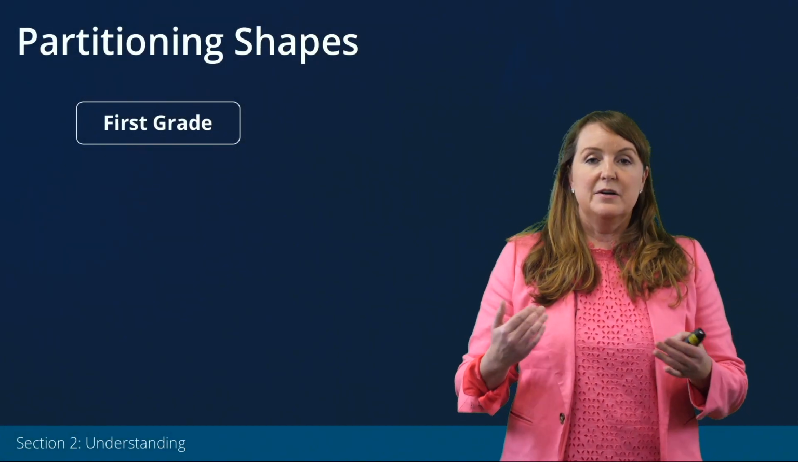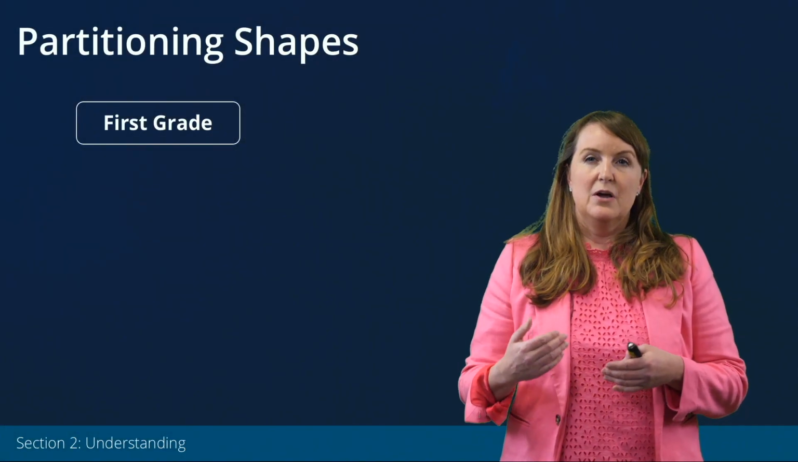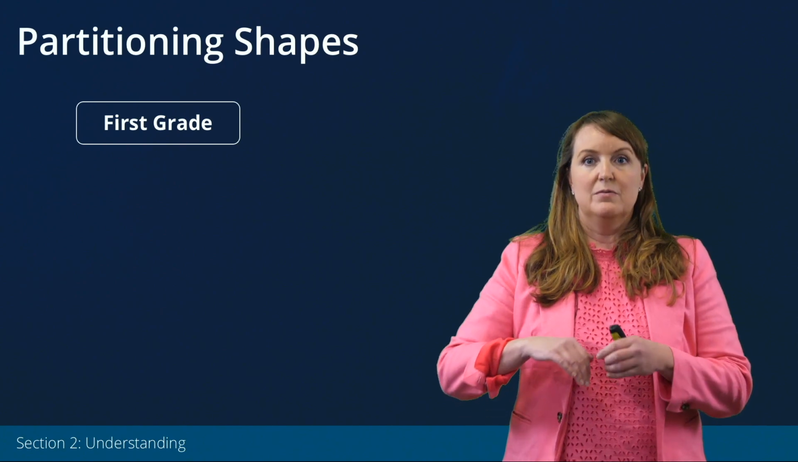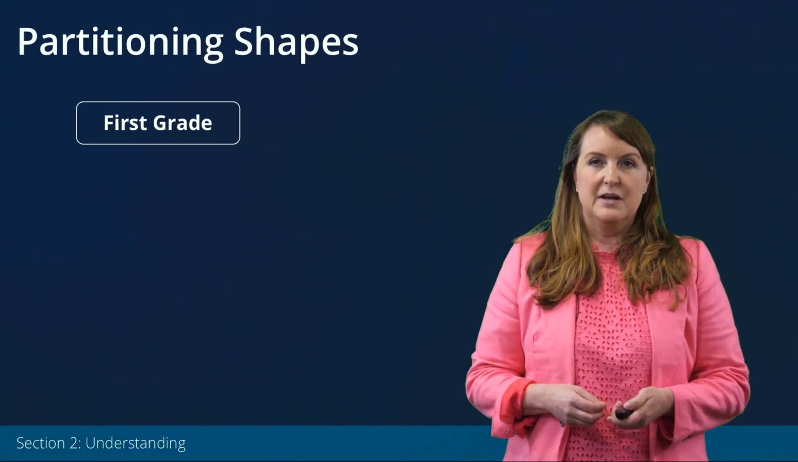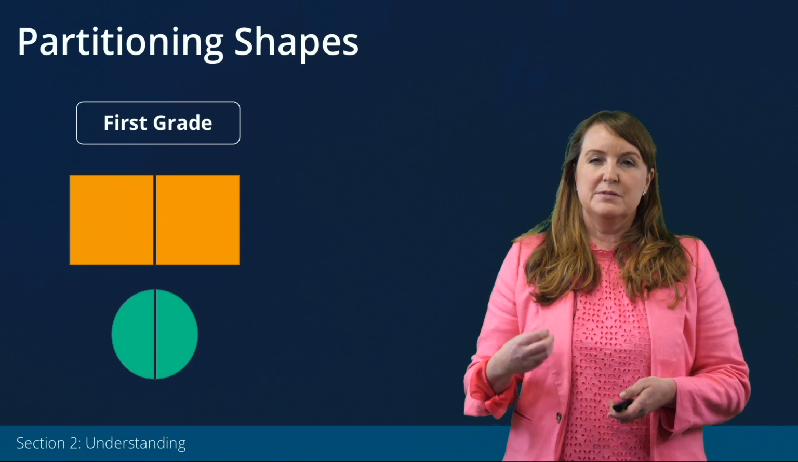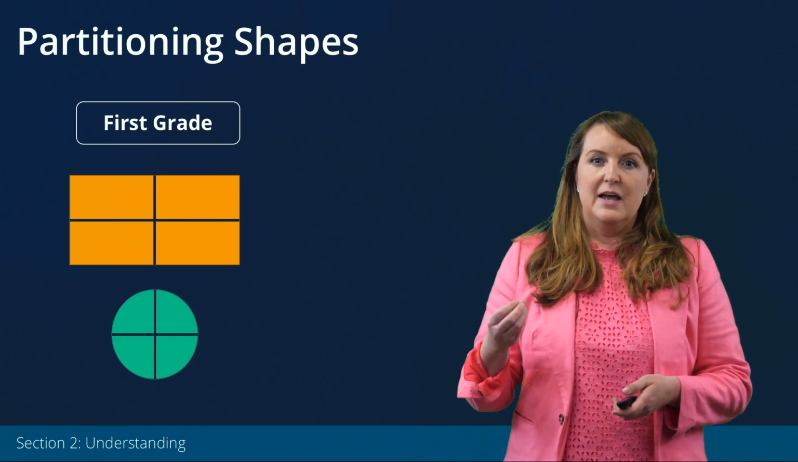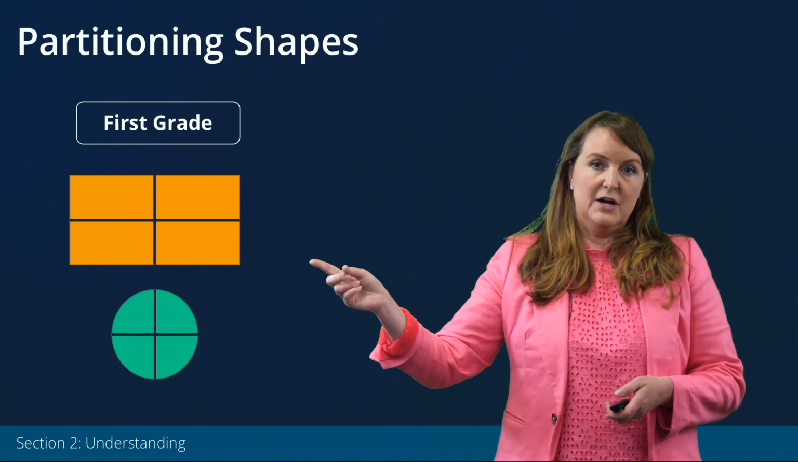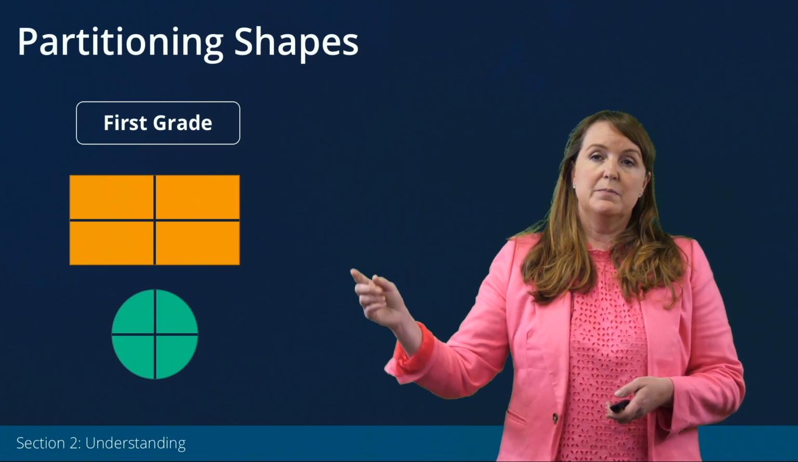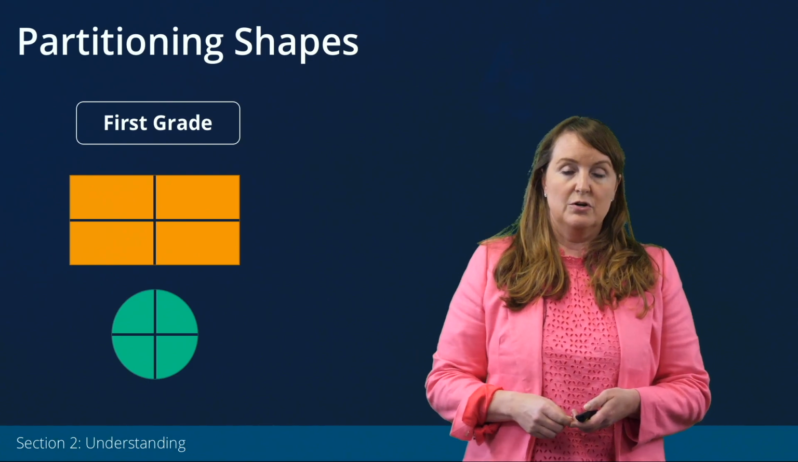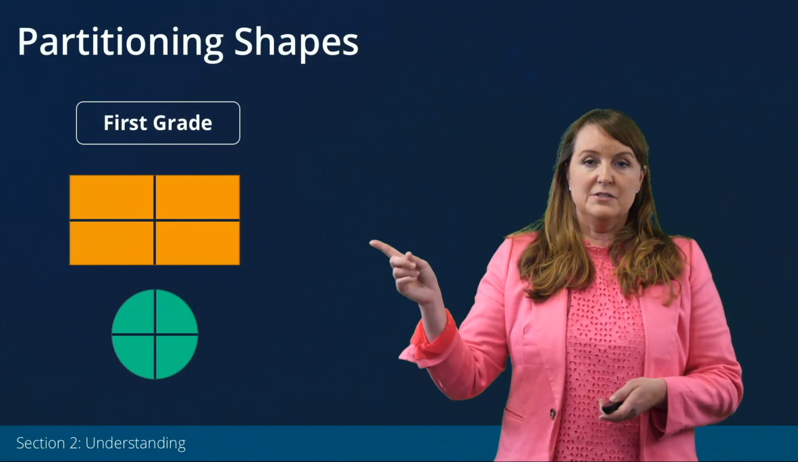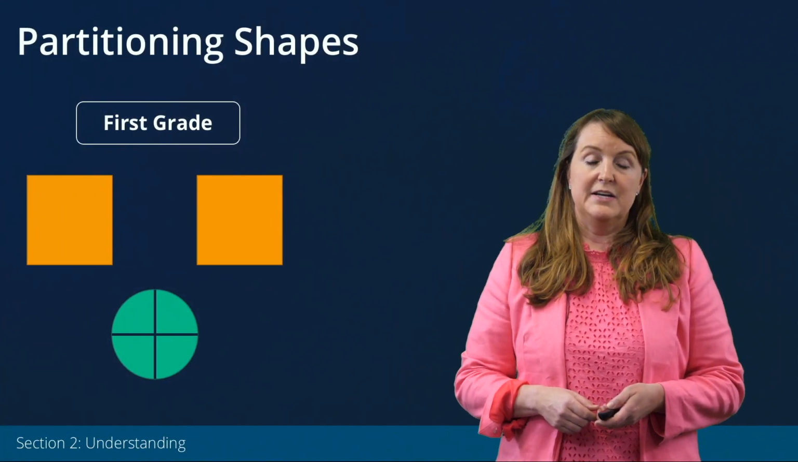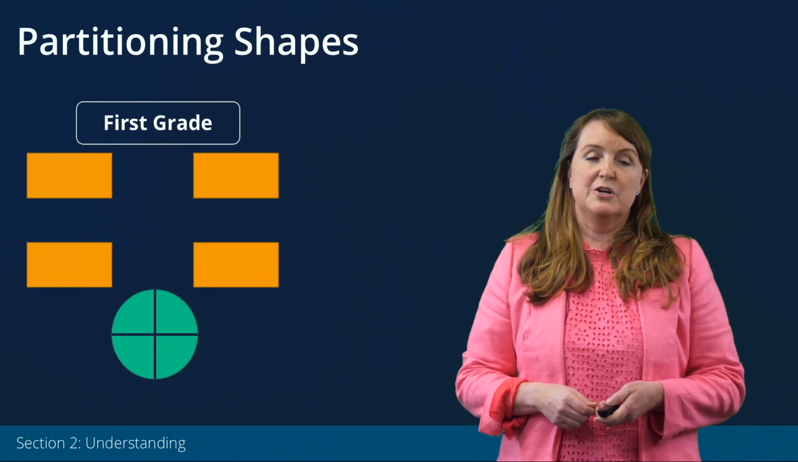Now, alongside composing and decomposing shapes, we also want to think about partitioning, which is a part of decomposing. So in first grade, students might take shapes like this and divide those shapes into halves or fourths. So here I divided this rectangle into 4 equal parts. Here I divided this circle into 4 equal parts. I could also think about taking this rectangle and dividing it into 2 equal parts, or showing that as 4